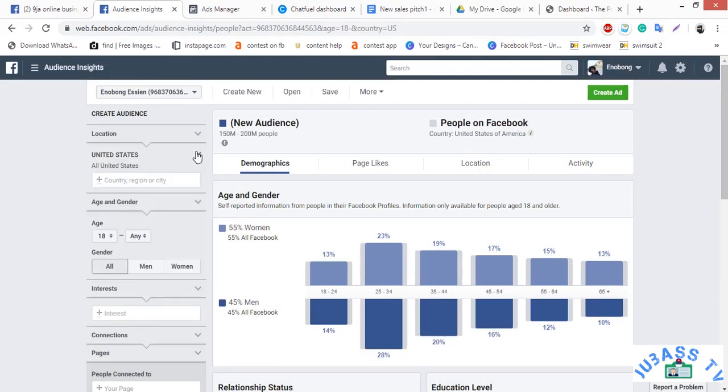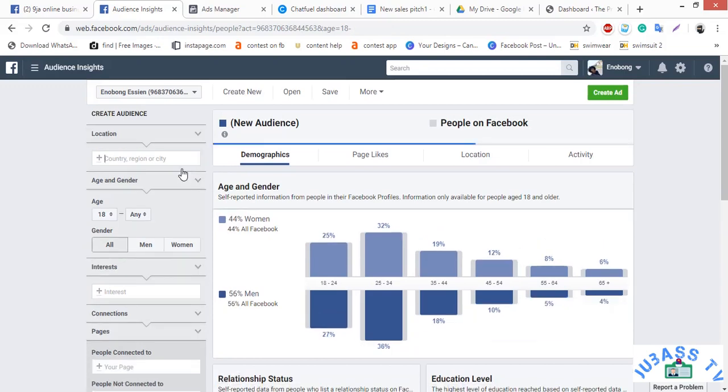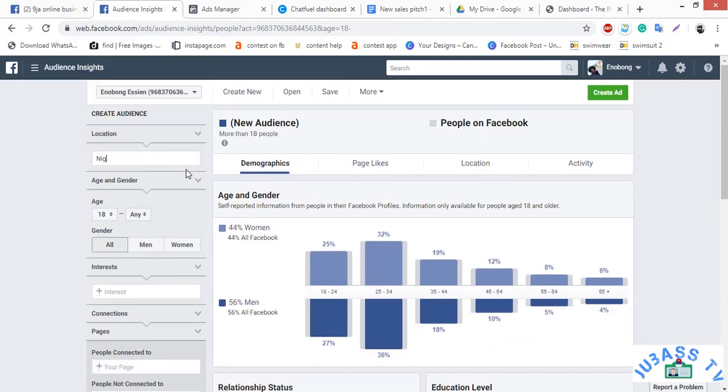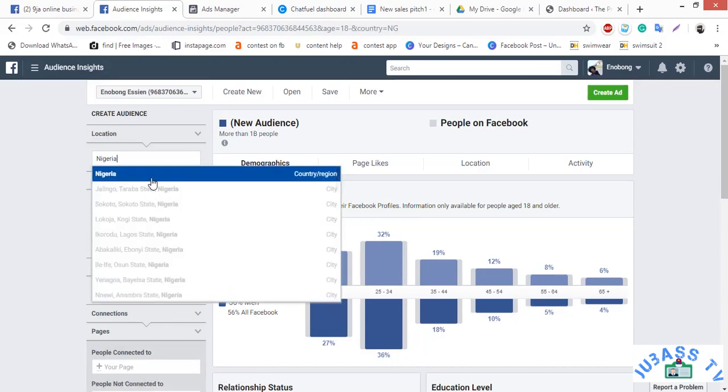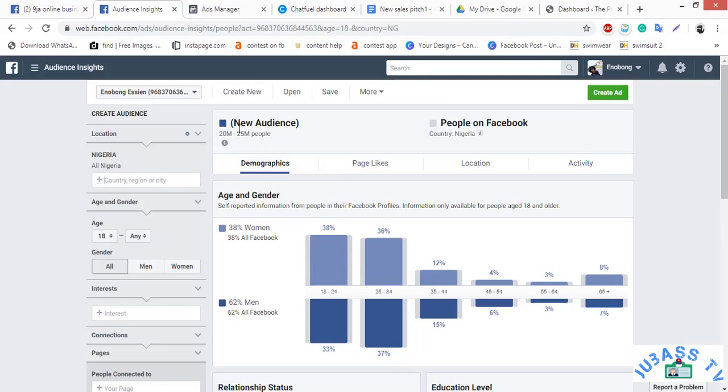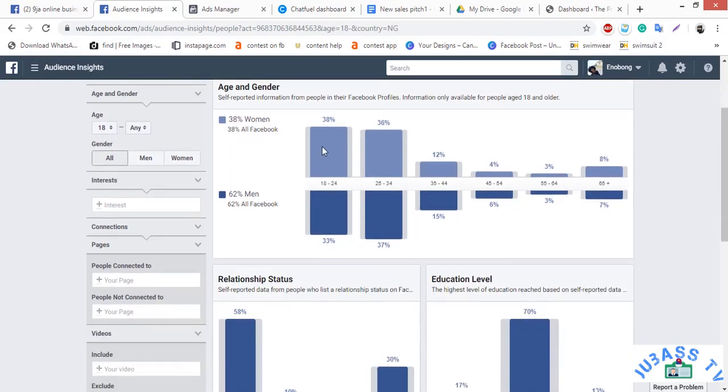Please cancel and put Nigeria, because that is where you are targeting. Click on it. Okay, so before it used to be 15 to 20 million. So basically they're saying 20 to 25 million Nigerians are Facebook users. That's only like 10 to 15% of the country. Okay, it's not so bad. All right, and every year the 18 to 24 bar keeps increasing, followed by 25 to 34.